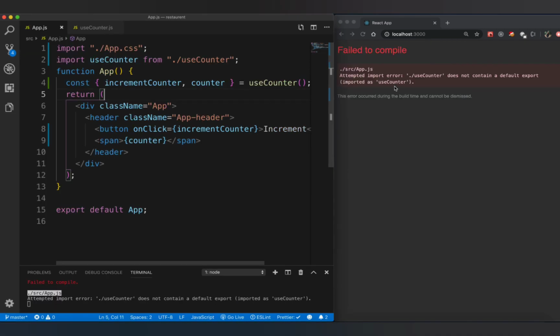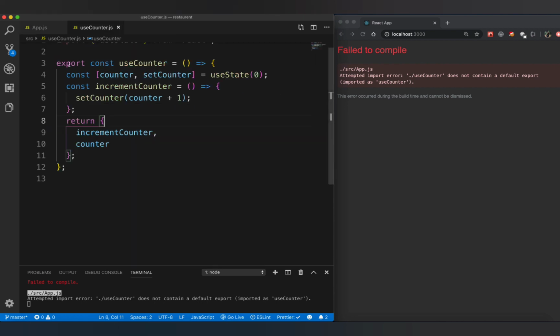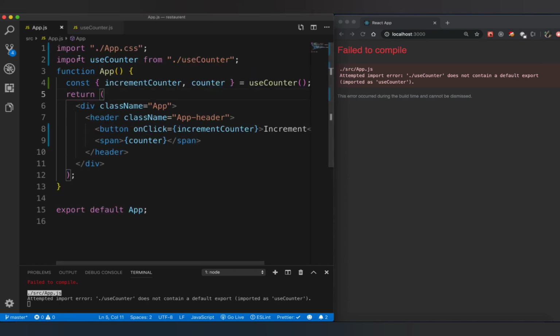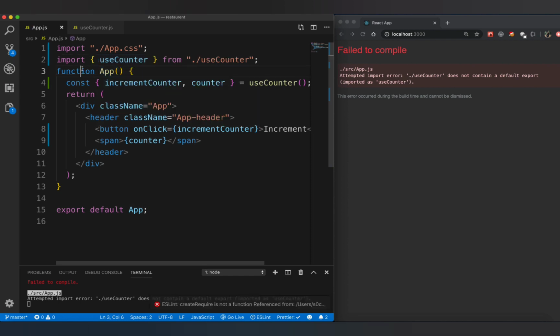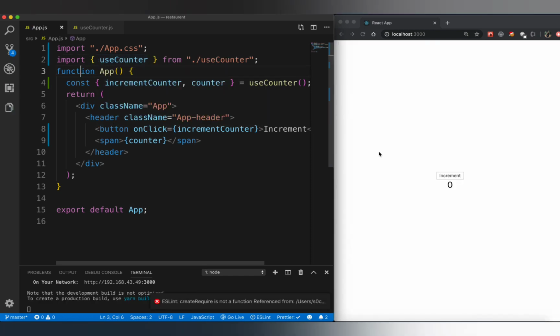One thing we want to use is the increment counter function and the counter variable, right, which is stored in state. And now we are getting an error that we have not done any default export. So when we directly import something, we need to actually do a default export. We should be saying export default const use counter, but since you've not used the default keyword, this is a named export. And when we are doing a named export, we need to include it in curly brackets. The reason is we could be exporting multiple things, so we need to import it by name. So this is a named import. So I'm going to say use counter, and now this should work.